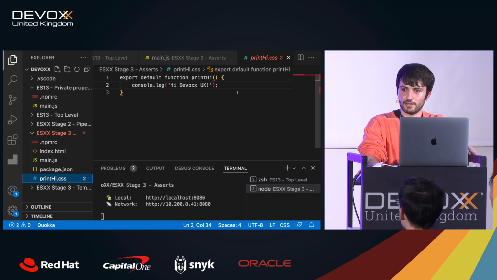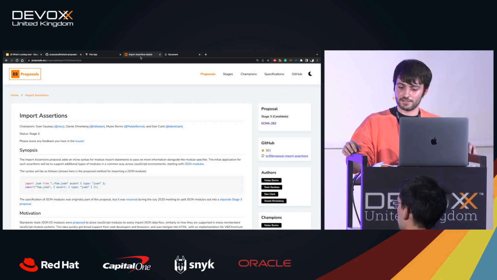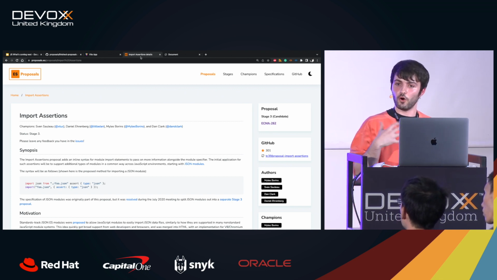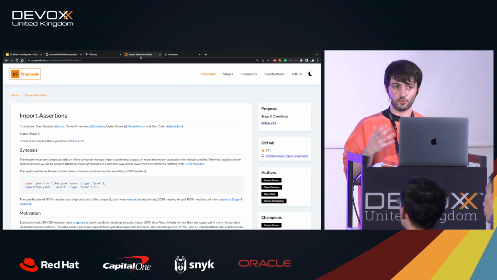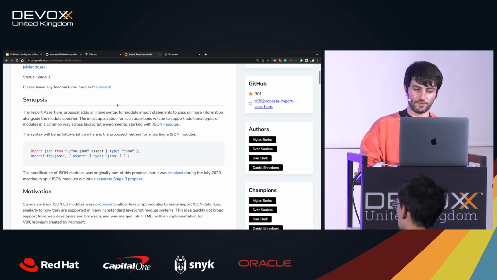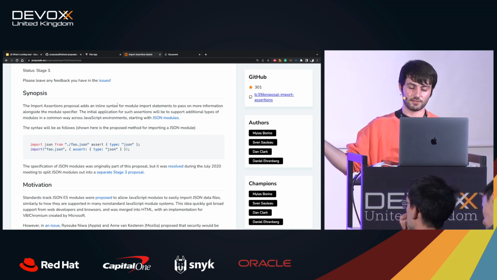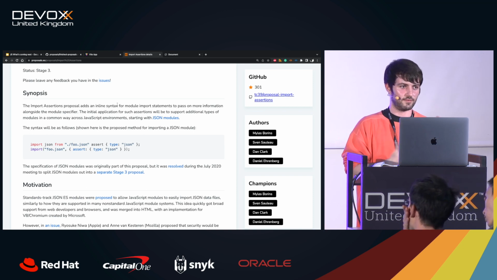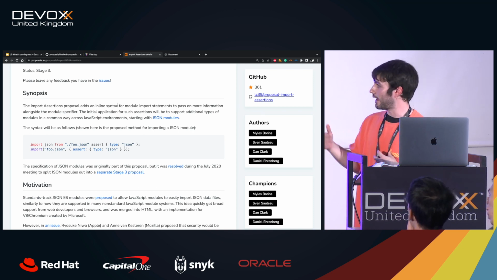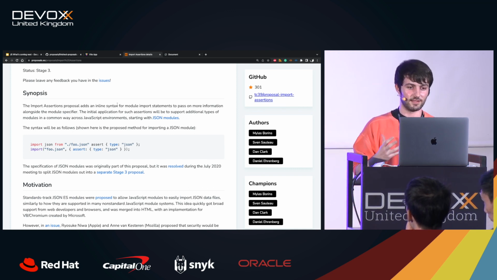So import assertions, that is the proposal that I wanted to talk about, basically comes here to solve that problem, where you assert before importing the type of the module that you are retrieving, right? So, for example, if you have foo.json, then you assert that the type is JSON before you even start loading it, right? By adding that line of code, the browser will check that in fact it's a JSON. This avoids surprises like injecting JavaScript.